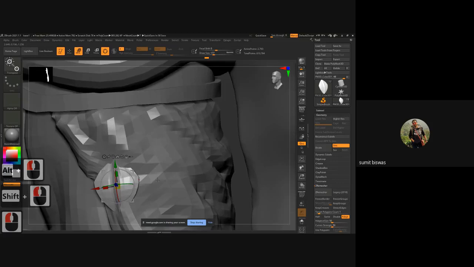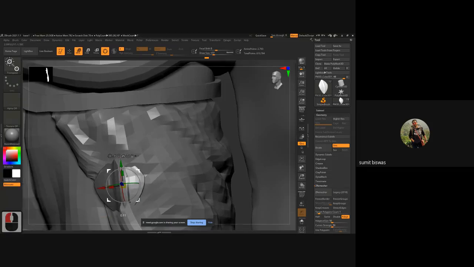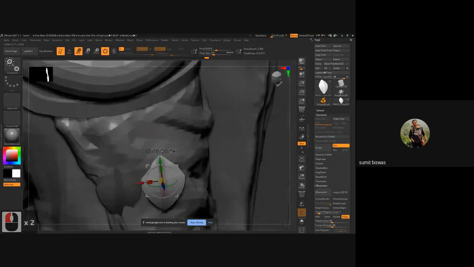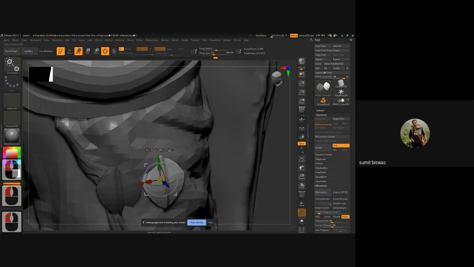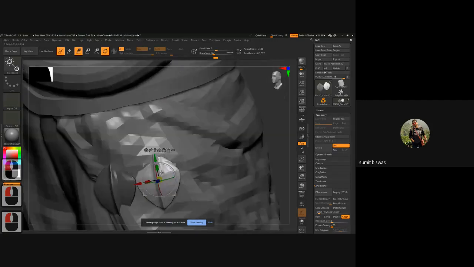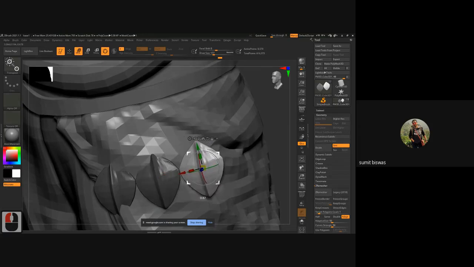So what I'll do, the easiest way, is Control Shift and drag. It will duplicate the model within that same subtool. Then you can simply push, pull, and rotate and fit the model the way you want. Control Shift once again, move it.